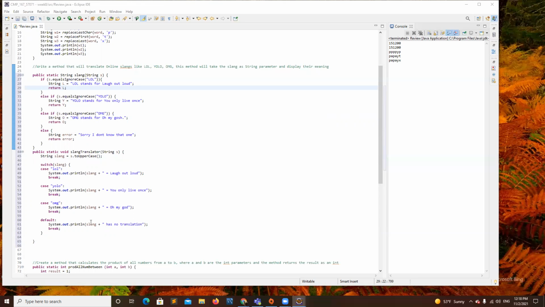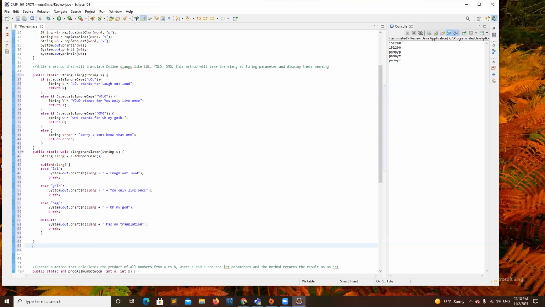Well, there are multiple ways that I could have done this. Yes, I could do it multiple different ways. One of those ways could be just like public static void translate, string blank.